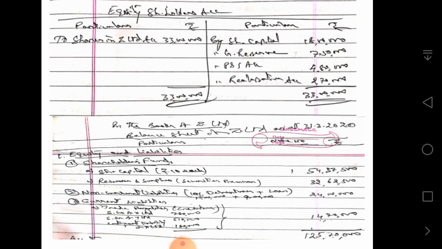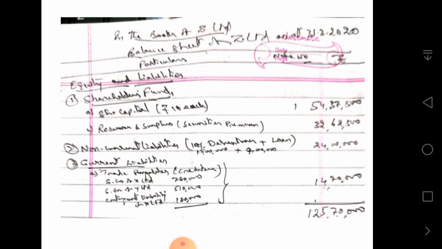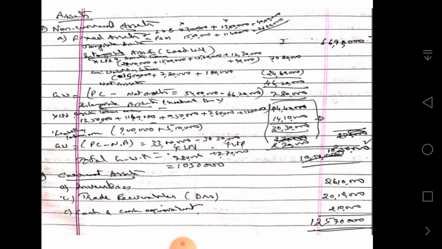Now we shall look at the assets. In the assets, fixed assets. In these fixed assets, tangible assets are land and building and plant and machinery. Land and building of X 27 lakhs, Y is 13,50,000, totally 40,50,000. Plant and machinery of X 15 lakhs, plant and machinery of Y 11,40,000. Add, you get 26,40,000. If you add the land and building and plant and machinery of both the firms, you get 66,90,000. Okay. Then intangible assets, goodwill, X Limited.